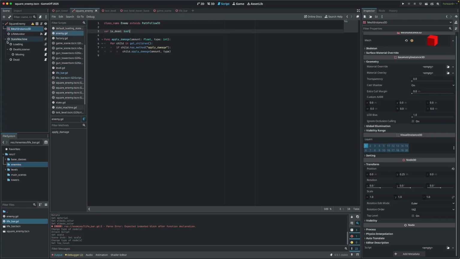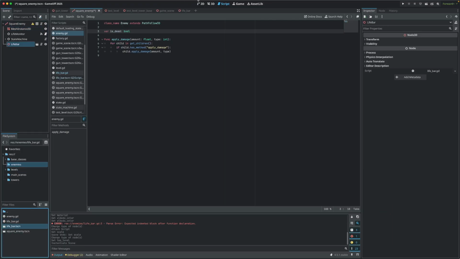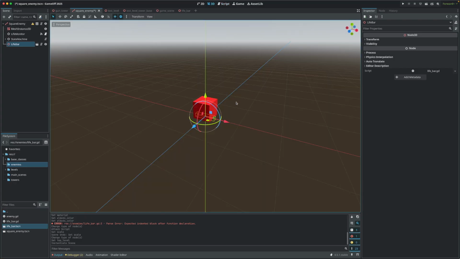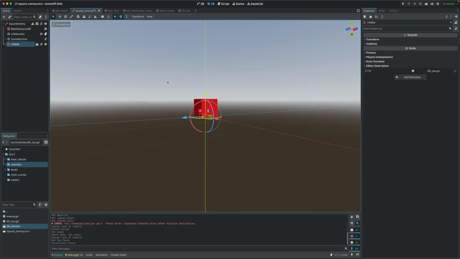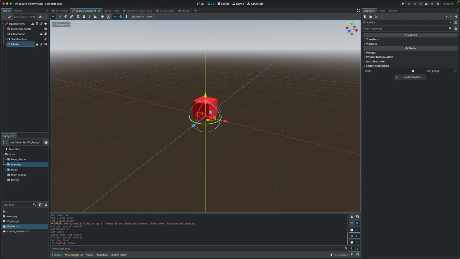Then I can attach it. Throw that in there. Of course, it's going to show up there because it's set for top level, but I'm not worried about that